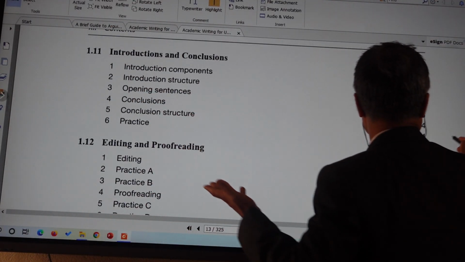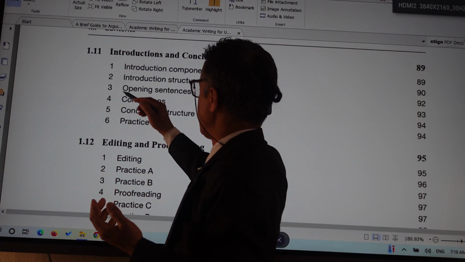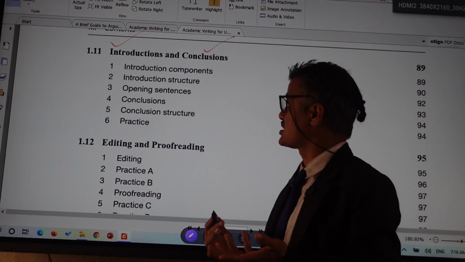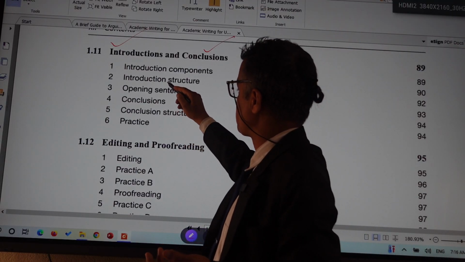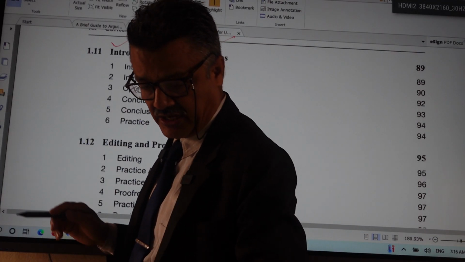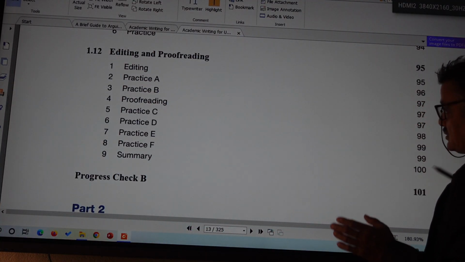So your essays have a structure. They have an introduction section and they have a conclusion section. In between they have discussion sections, right? You have opening paragraphs, introduction structure, conclusions, right? And not only that, you have discussion sections. And as you write, so look,